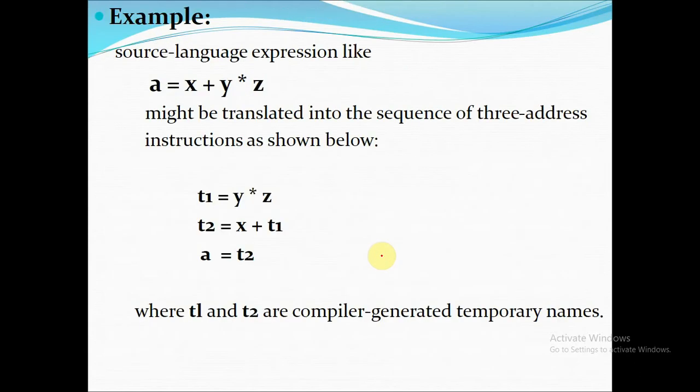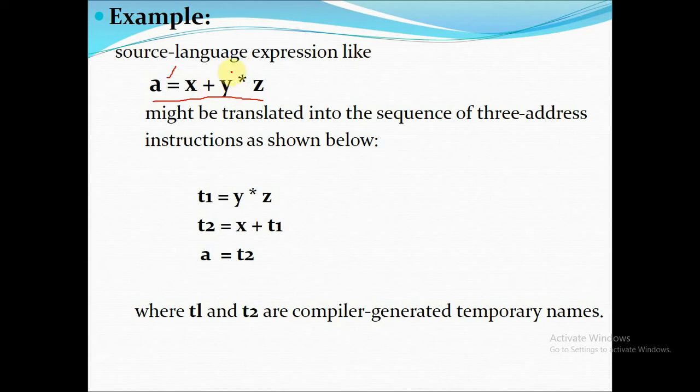See the example: a equal to x plus y into z. Suppose I want to translate this statement into 3 address code. In that case, first we have to observe the right side of the equal to sign and find out there are two operators, plus and star.